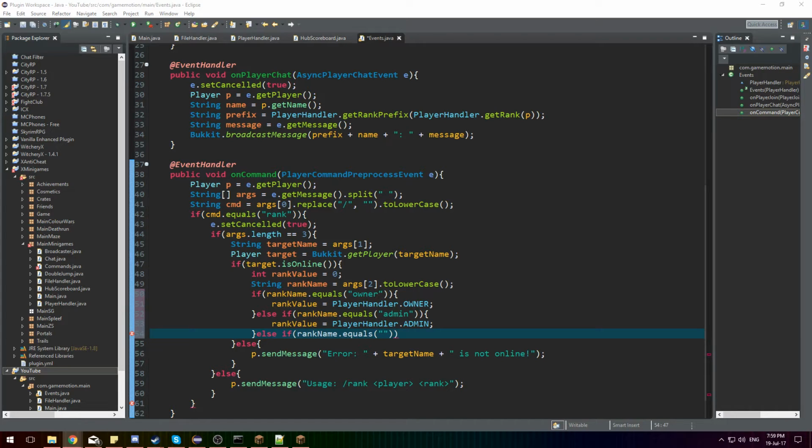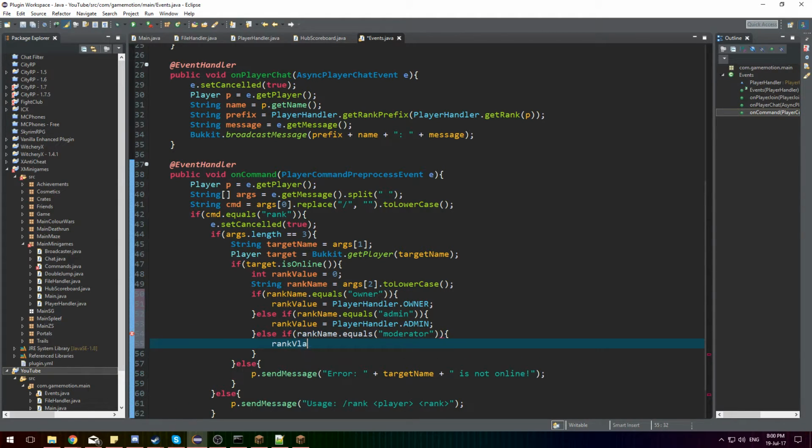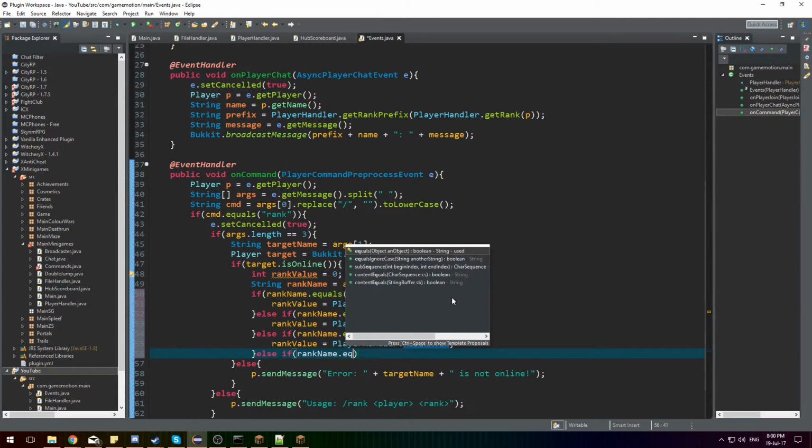You can do .equalsIgnoreCase and so on, but I prefer to do it this way right at the beginning, so you don't have to. It's just opinion really, but you can do that if you prefer. So remember, you can use switch here, so I'm going to do moderator, rankValue equals PlayerHandler.mod, and finally else if rankName.equals